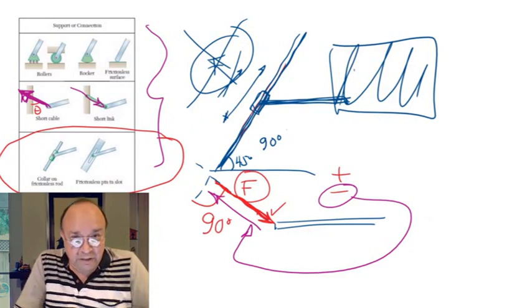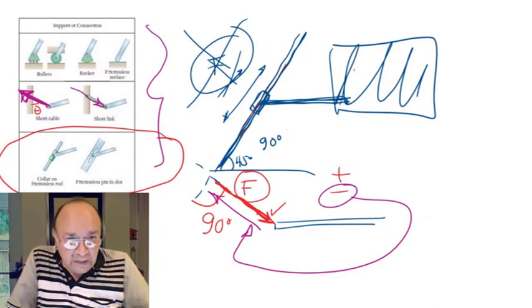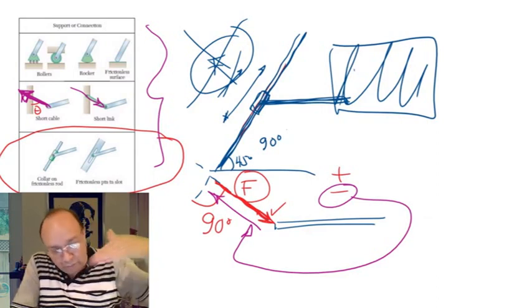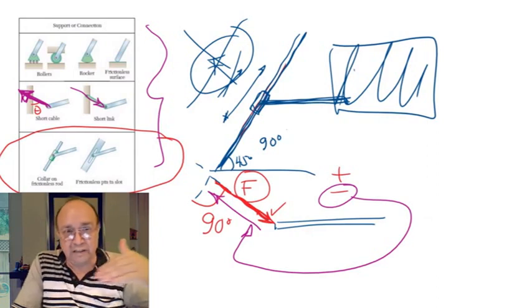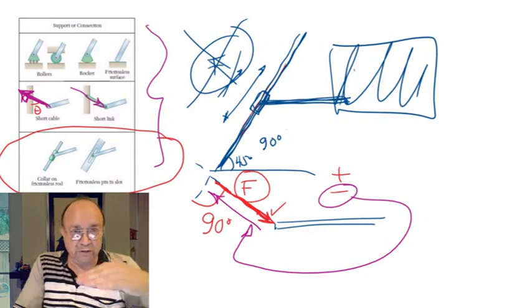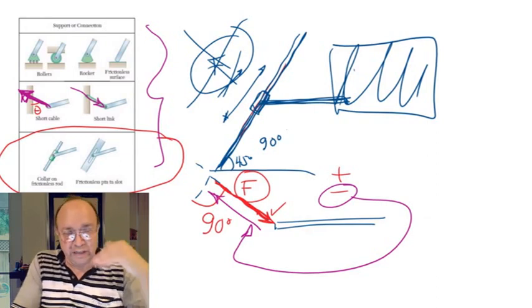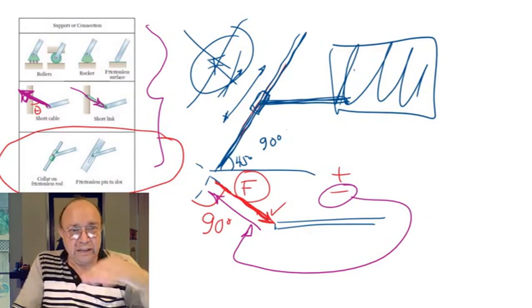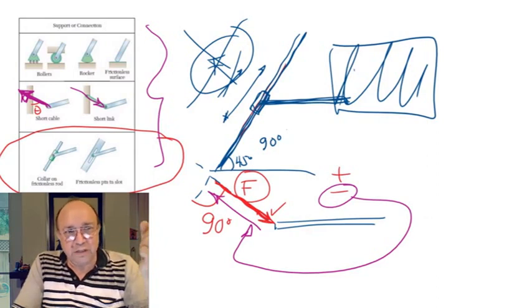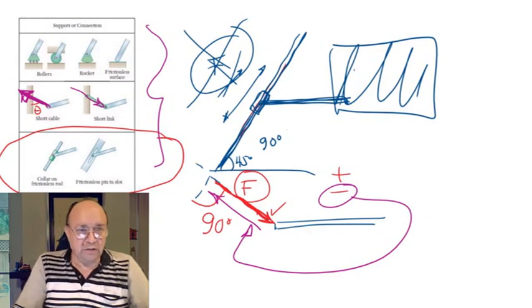As I have been saying all this time, if you know the direction, you have to put the direction in the correct place, at the correct angle. Because if it's known, you have to use that information. If you don't use that information, you're going to get a wrong result. So you have to put the force in the direction that you know it is, and then you will find the magnitude. And if the magnitude was assumed in the wrong sense, then you will get a negative sign at the end when you finish your calculations.